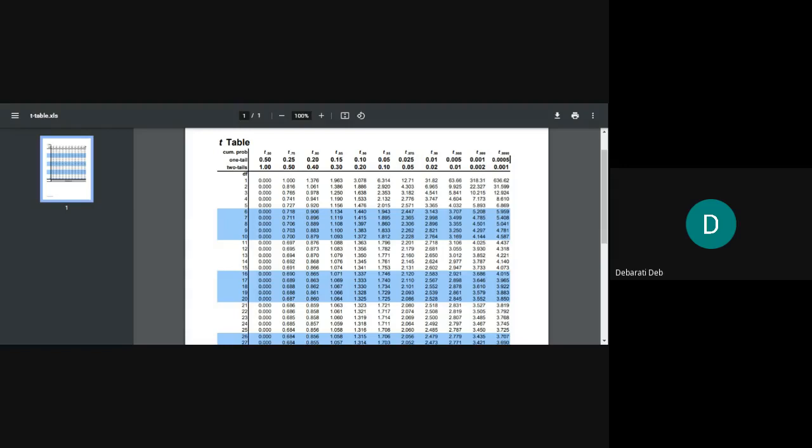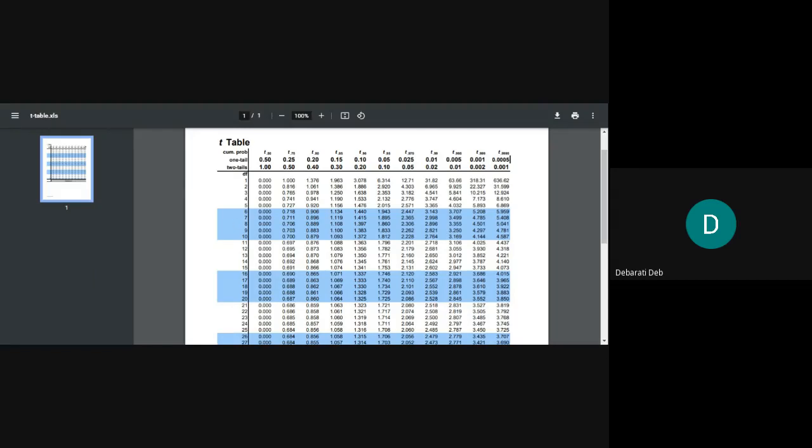I hope all of you have understood. If not, please unmute and ask. In this table, you have to check which one is 5% and which one is 1%. Checking of this is the most important. You may take 0.50 by mistake. You may take 0.10 by mistake. Those will be mistakes, okay? You will have to check either 0.05 or 0.01, okay?